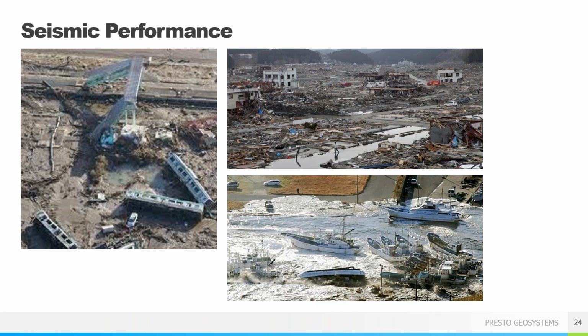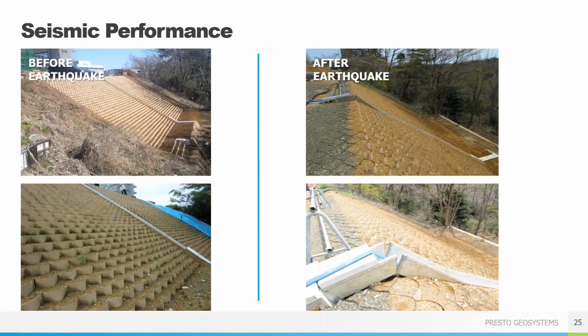This is interesting. This is the really big tsunami that happened over in Japan many years ago. We have hundreds and hundreds of walls in any earthquake zone areas that are really designed for seismic, because, like I said, our walls are flexible and actually can move with earthquakes. So these are some of the slides that our Japanese friends shared with us. Like I said, we have hundreds and hundreds of walls over there dealing with poor soils, differential settlement.